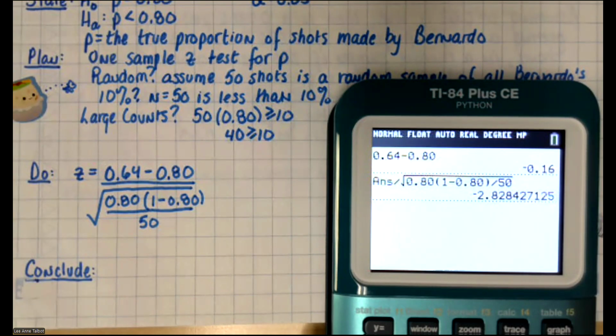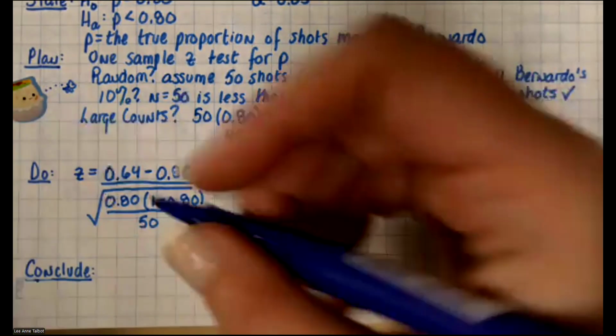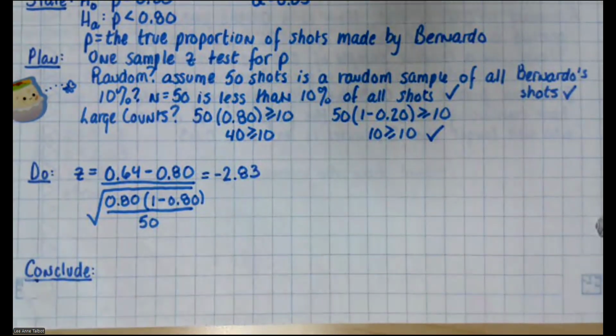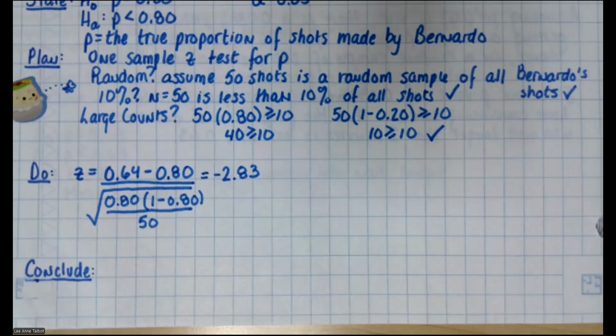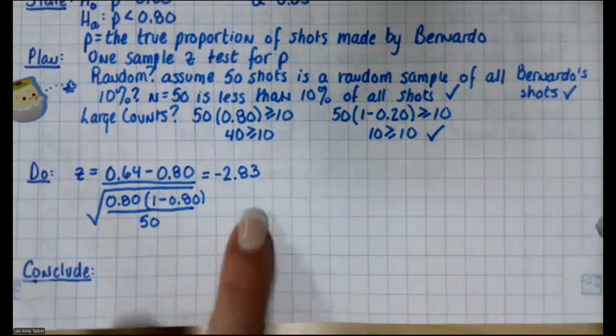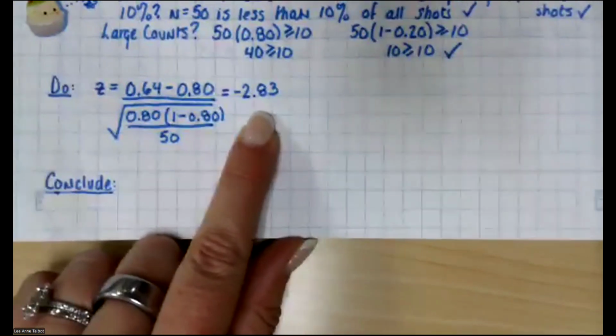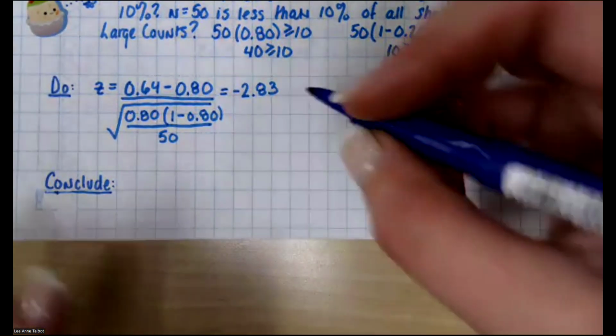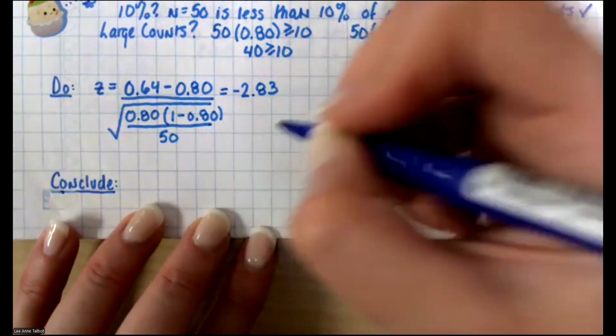Negative 2.83 is what I'm gonna go with. Okay, do a gut check. How unusual is that sample? If it's negative 2.83 standard deviations low, it's pretty darn far out there, right? Almost into the tail. Okay. So you can kind of tell right here that you're probably going to reject the null hypothesis because this already is really small. But anyway, okay, so now p-value